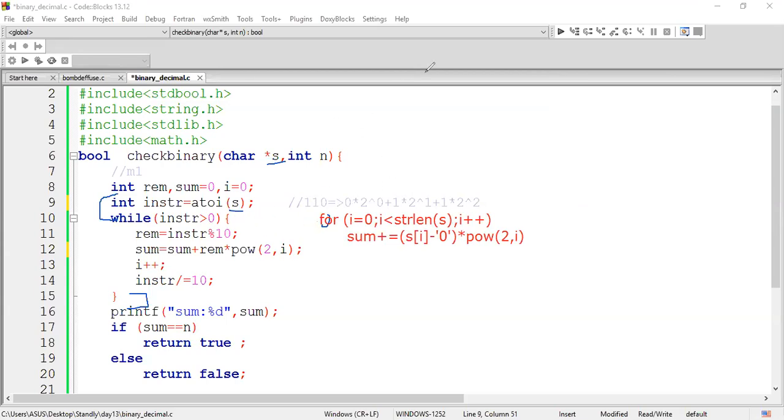Is this clear? Either you can make use of this step, converting as a string, or you can make only one line of statement here: make it an integer, then do power of it. Either this one line can be added, or you can write this step. It is completely your choice. I gave two different options. Is this logic clear for everyone? Okay, fine.